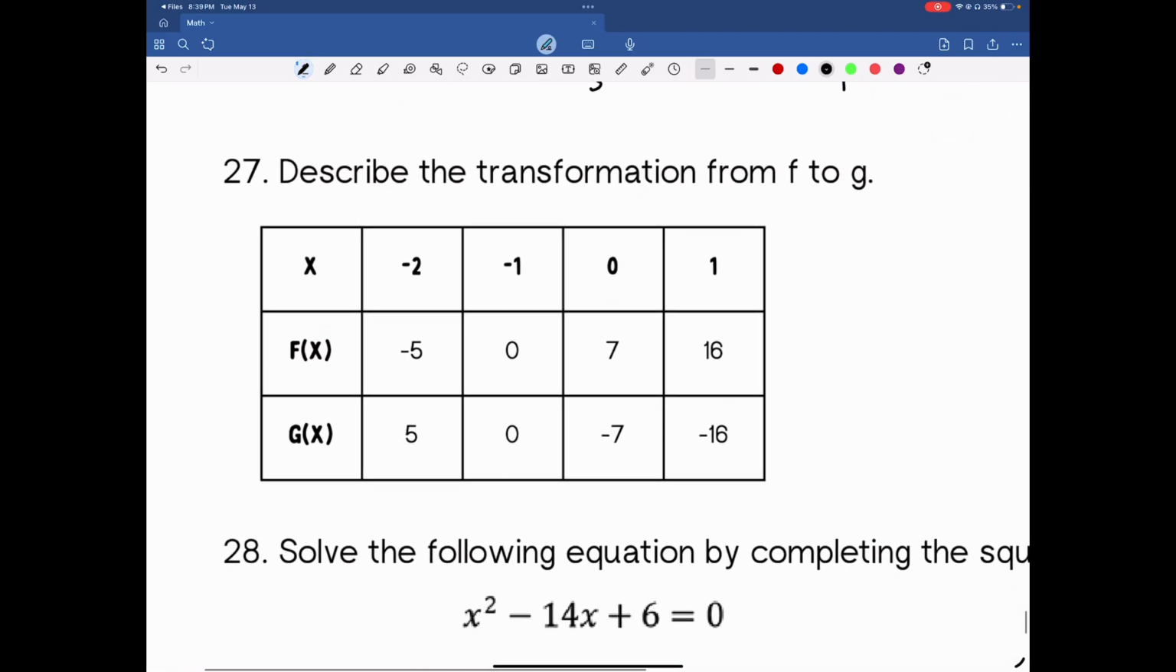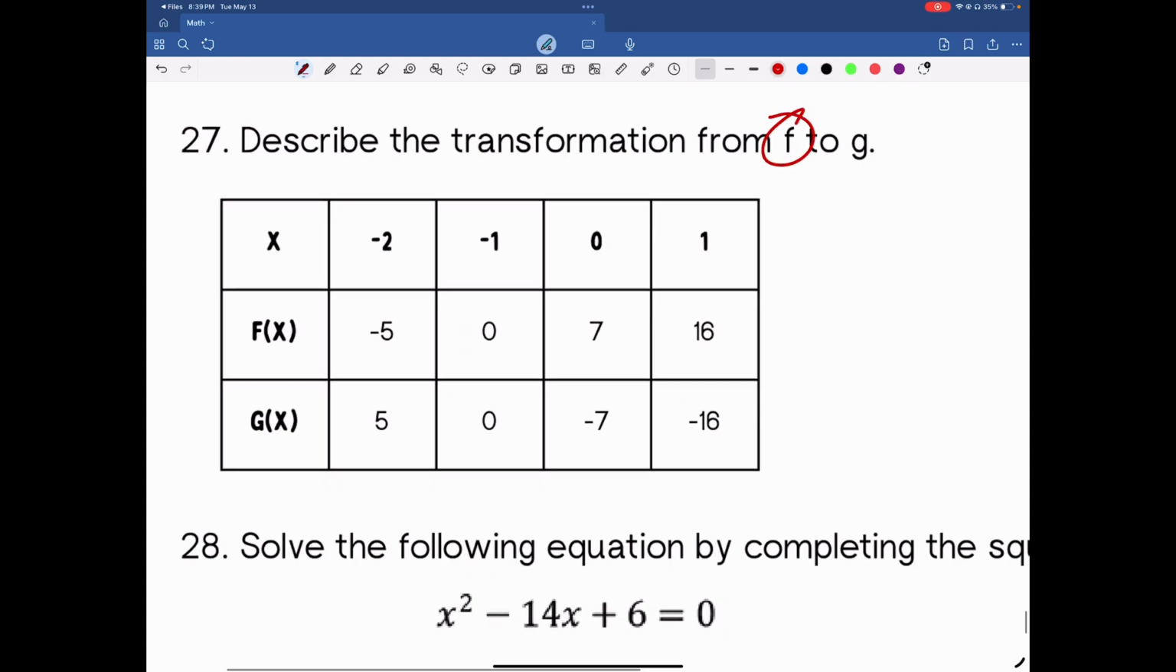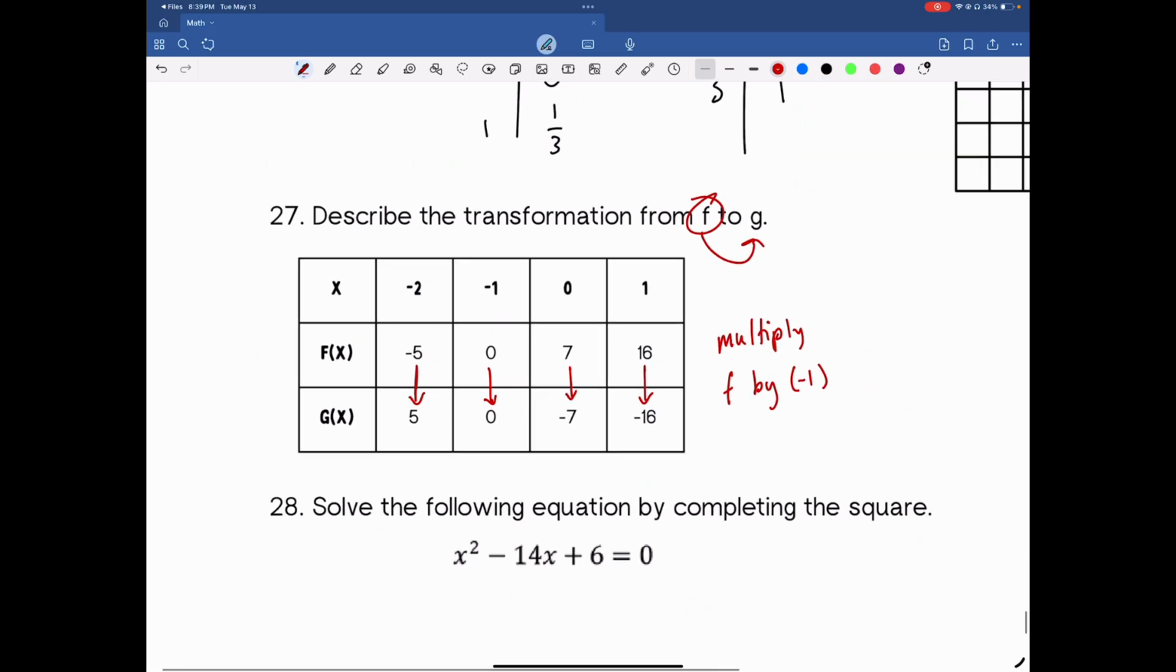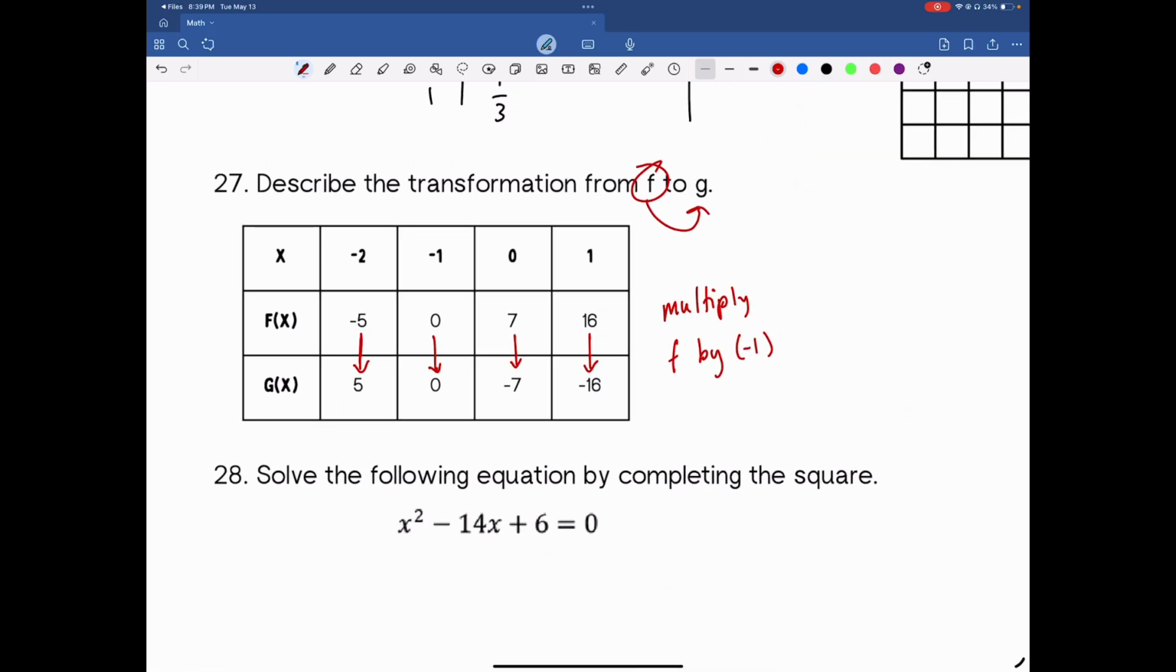All right, describe the transformation from F to G. So we want to know what we're starting with and where we're going. We're starting with F and we're going to G. So how did we get from -5 to 5? Well, it's a couple different ways, but 0 to 0 didn't really change. 7 to -7, 16 to -16. Looks like we're multiplying F by -1. So that would be a reflection